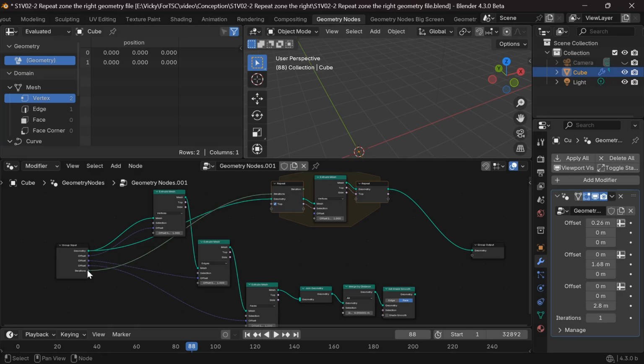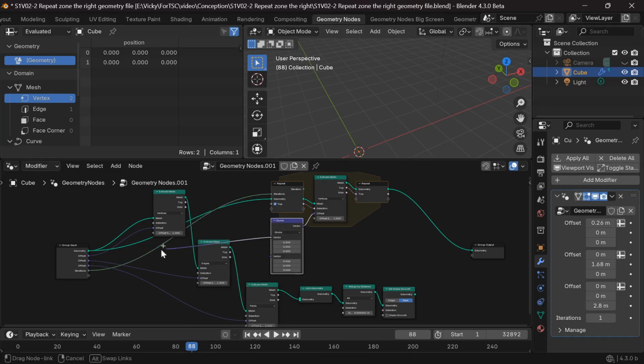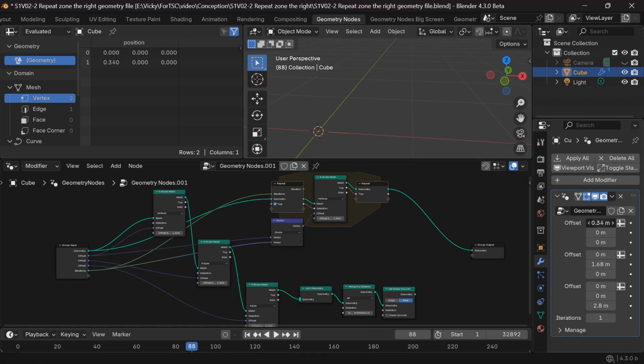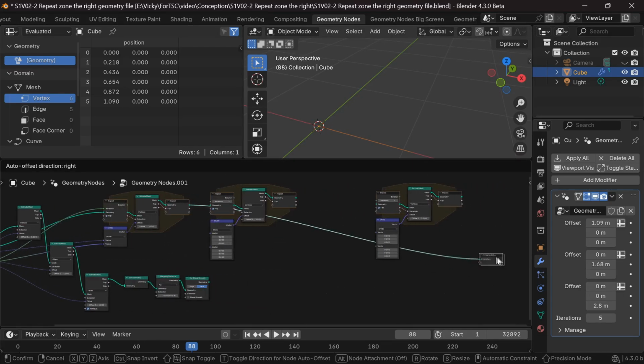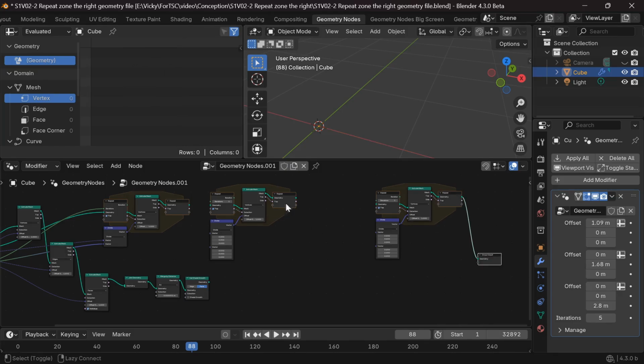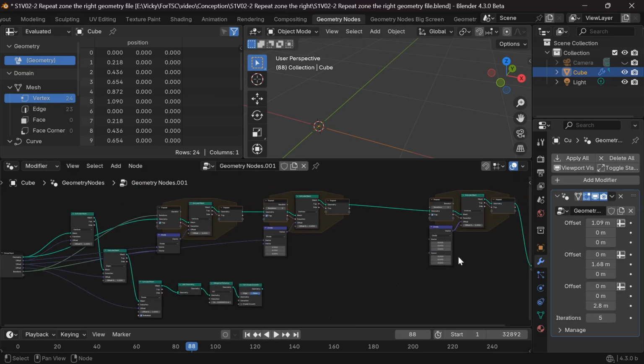Each time we want to extrude the top, so I connect it to the output of the repeat zone, and I connect the input which appears to the selection input of the extrusion. We have an issue for now because nothing is selected in the first iteration of the repeat zone. To fix that, we can tick the box to the left of the repeat input. After, I connect the iteration sockets of the repeat zone to the group input. To finish, we just have to add a vector divide node to set the right distance.